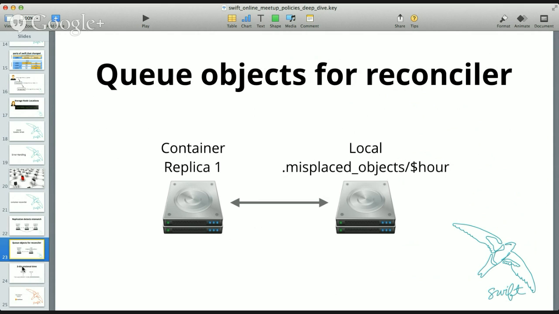And the timestamps are set once for a request, and failures are resolved with last write wins. So if person A writes an object, and then later on person B sends new data for that same object, then it's an overwrite, and the content of that second write will overwrite the first write. That's really great, but when we're talking about this reconciler that is moving data around, it means that we